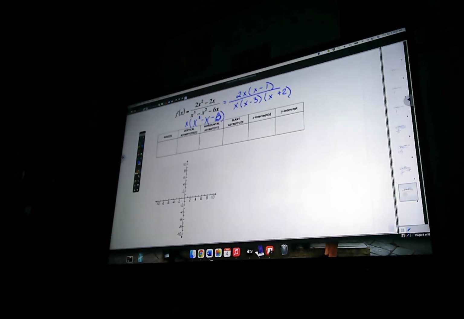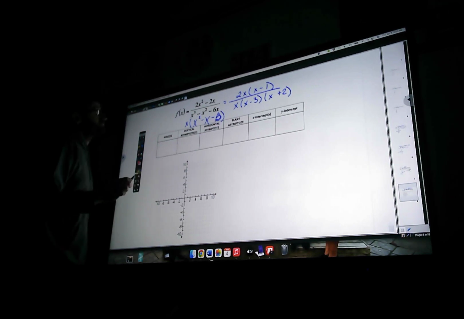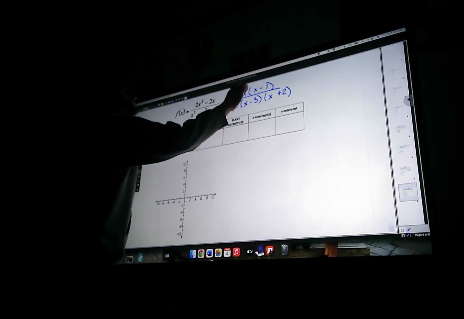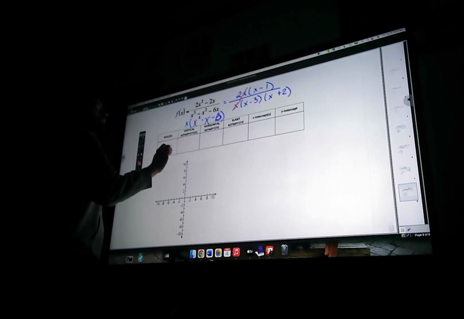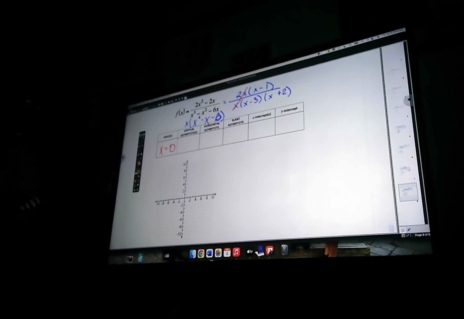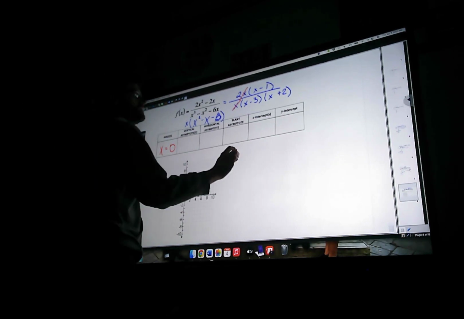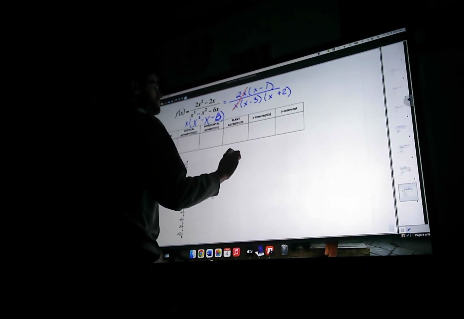All right, here we go. First thing we're going to do is, do I have any holes? Nope. Oh, the x, I forgot about the x. So I have one at x equals 0. So my reduced fraction, or my reduced rational,